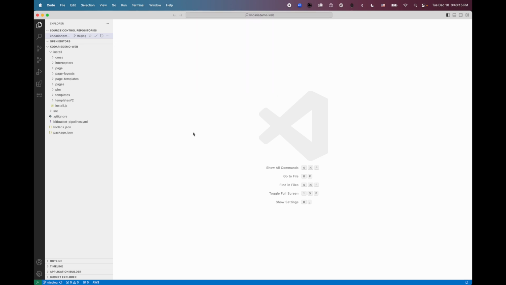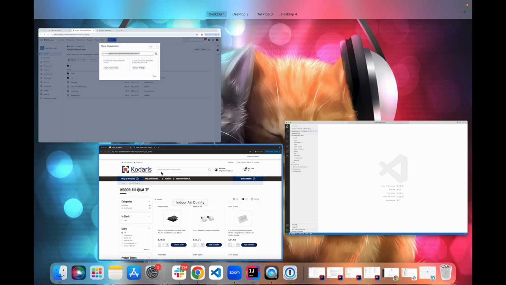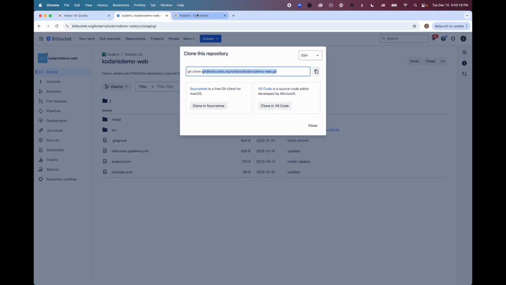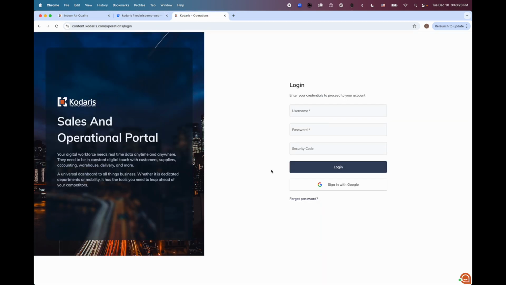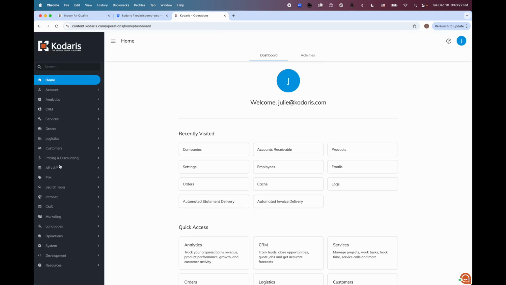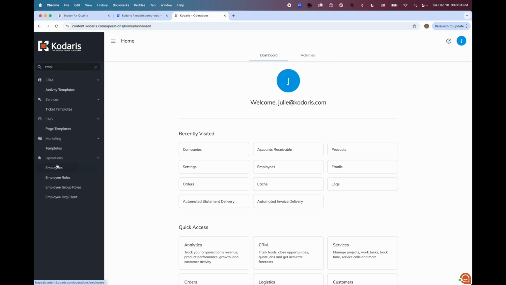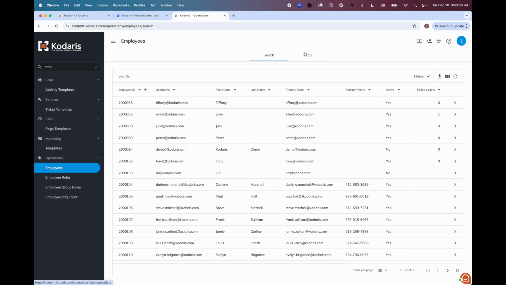Now, before we continue, let's make sure we have the right permissions required to develop on the website. What you want to do is sign into the operations portal on your website, which I have done now, and go to the employee screen. We're going to check our employee account and just make sure we have enough access.